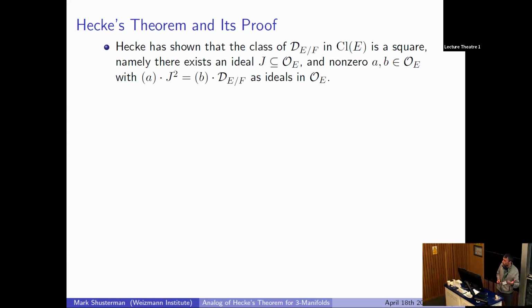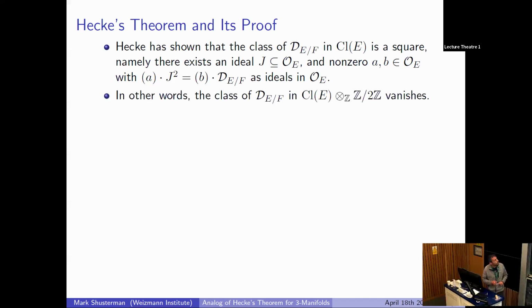If you recall, when we take norms, it also means that the discriminant is going to be a square, but that's a more basic fact, which I think was proven by Steinitz, or maybe even earlier. So that's a refinement of something which is simpler to prove for the discriminant. We will restate this theorem in a few ways, which will both help us prove this theorem and also will be helpful later when we talk about the analog for three manifolds.